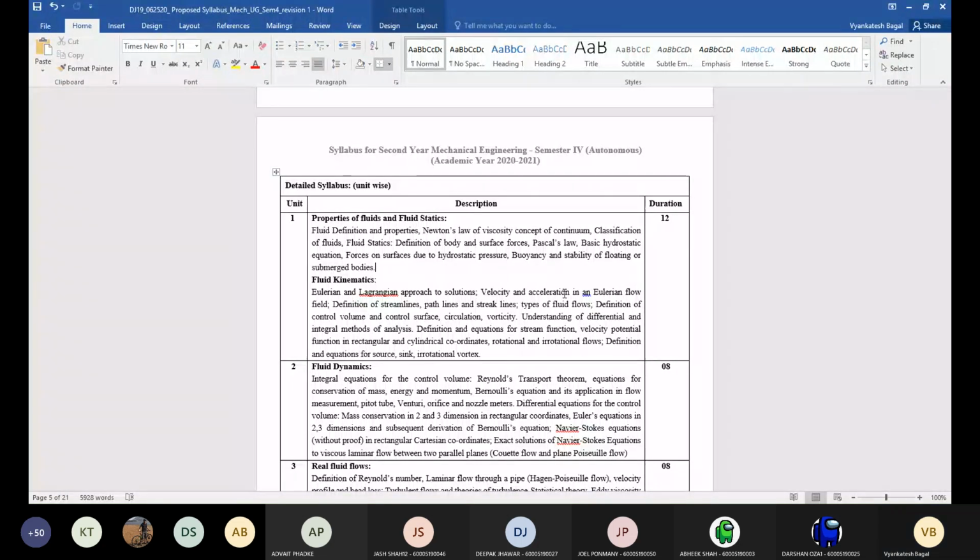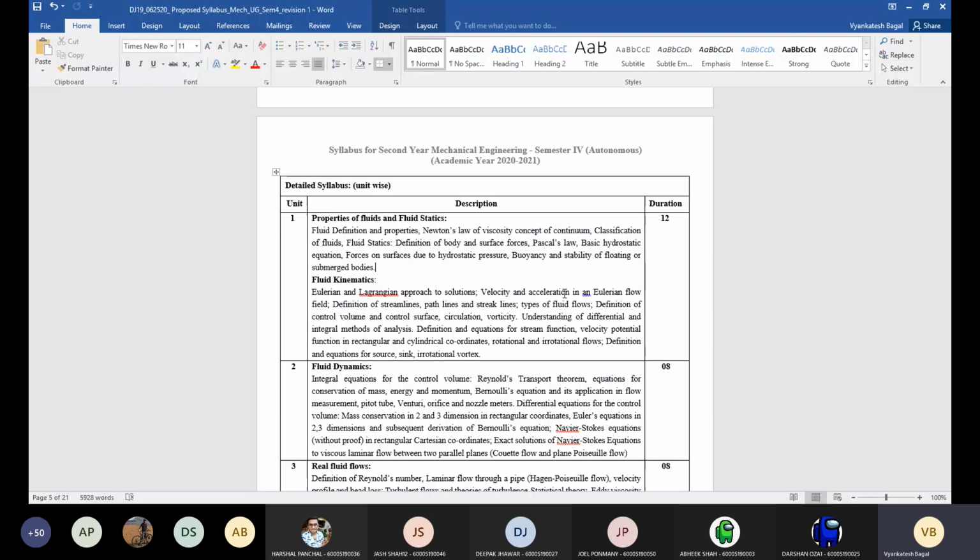Related to motion. So there you have seen the objects which are in motion, and you analyze the forces when the object is in motion, right? But in case of fluid mechanics, we'll analyze the situation when the fluid is in motion. Understand the difference between what you did in engineering mechanics and what you are going to do in fluid mechanics. So fluid kinematics is essentially when you are analyzing the situation when the fluid is